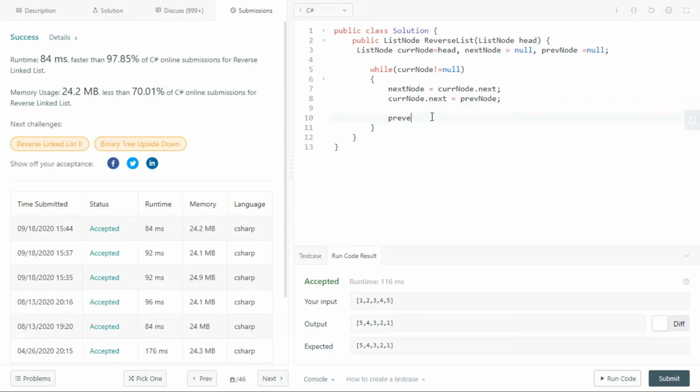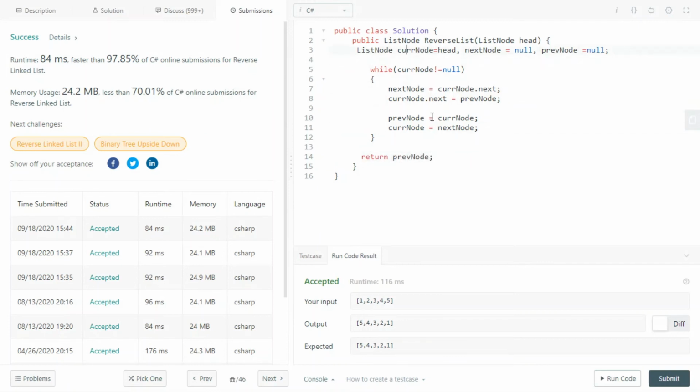Now previous node will become current node, and current node will become next node. At the end, we return the previous node.